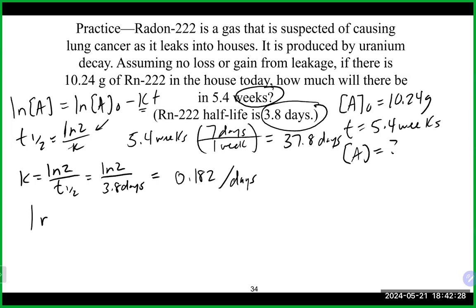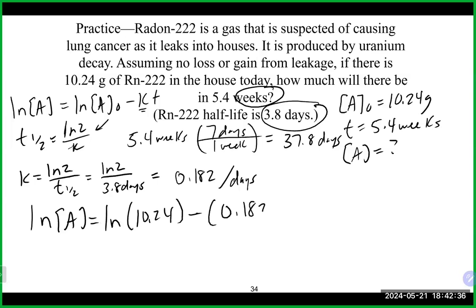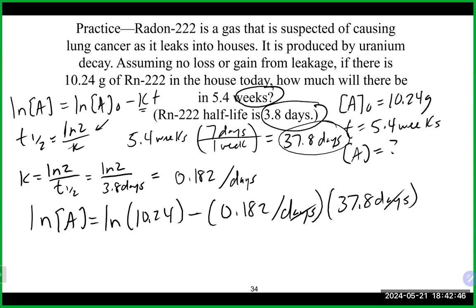We're going to go again. Our natural log of A will equal our natural log of our initial 10.24 minus our 0.182 reciprocal days, and we'll go with our actual time here of 37.8 days. In this case, days will cancel, and really grams is the only unit that will be left over. That means on the right-hand side here, natural log of 10.24 minus 0.182 times 37.8 is going to give us a natural log of A equal to minus